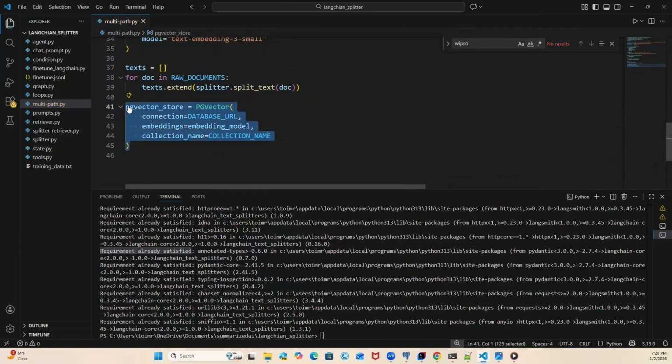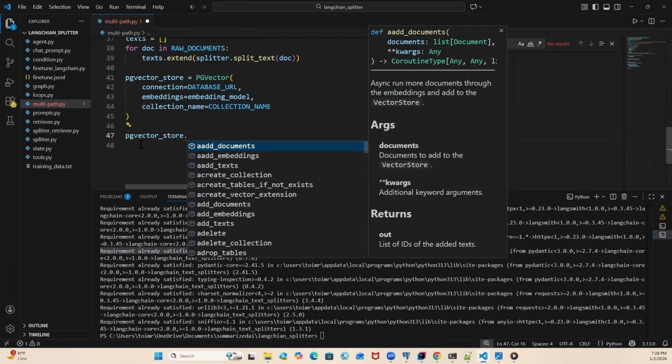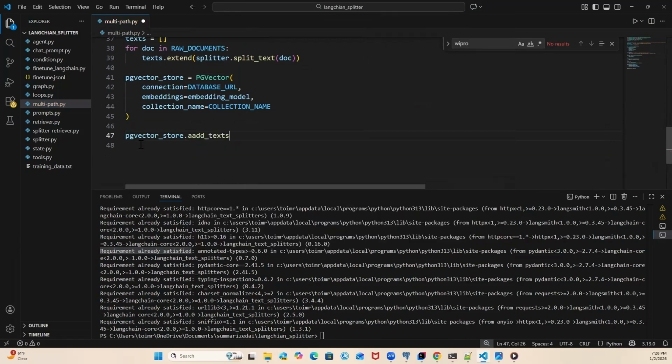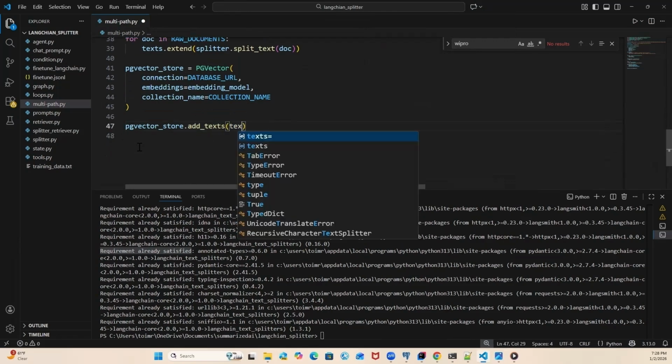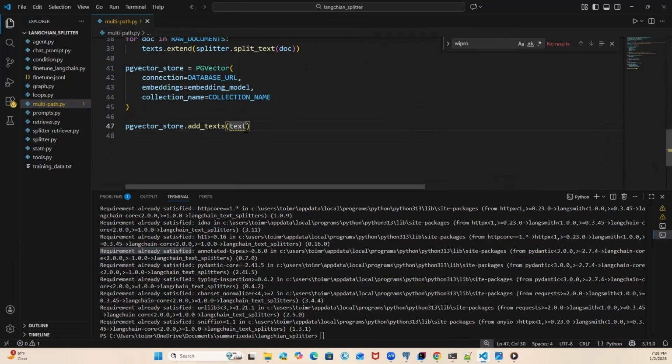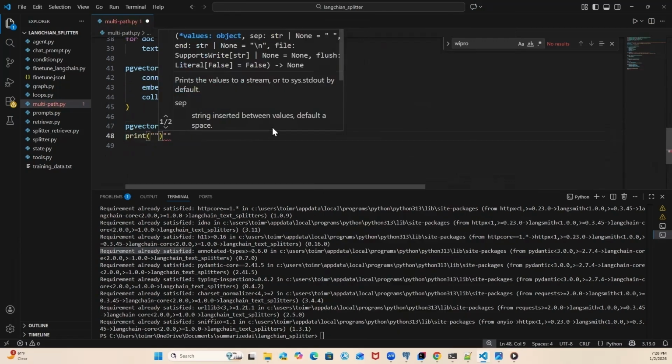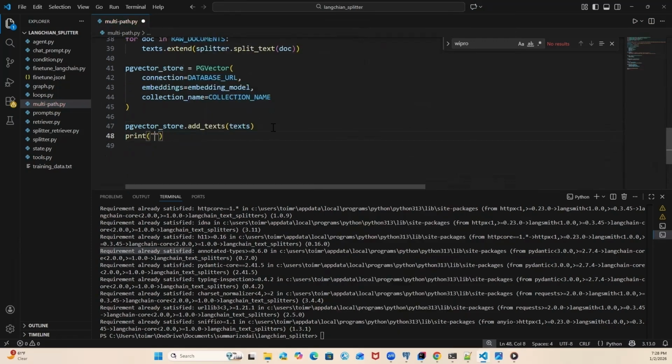Now we have the complete detail of the PG vector database. Now we can use this PG vector store to add our text into the PG vector database. Great. Just pass your text here. Once you have this, you can provide a print statement here and simply say documents successfully stored